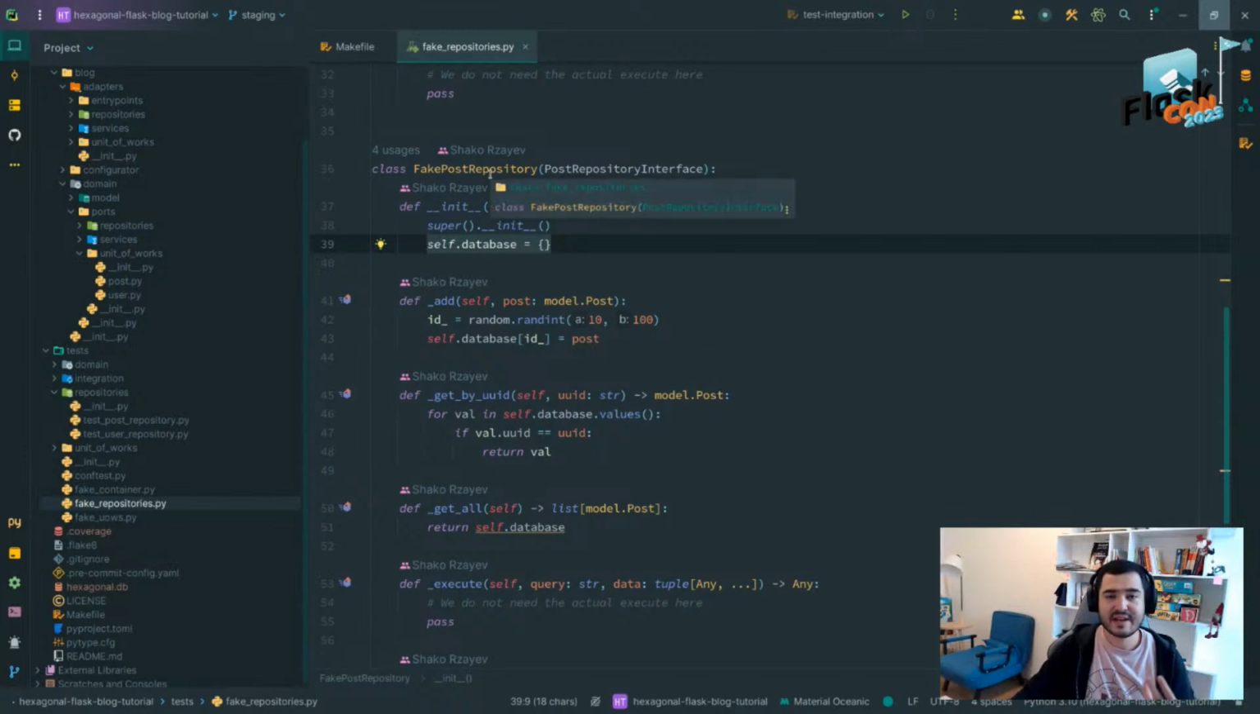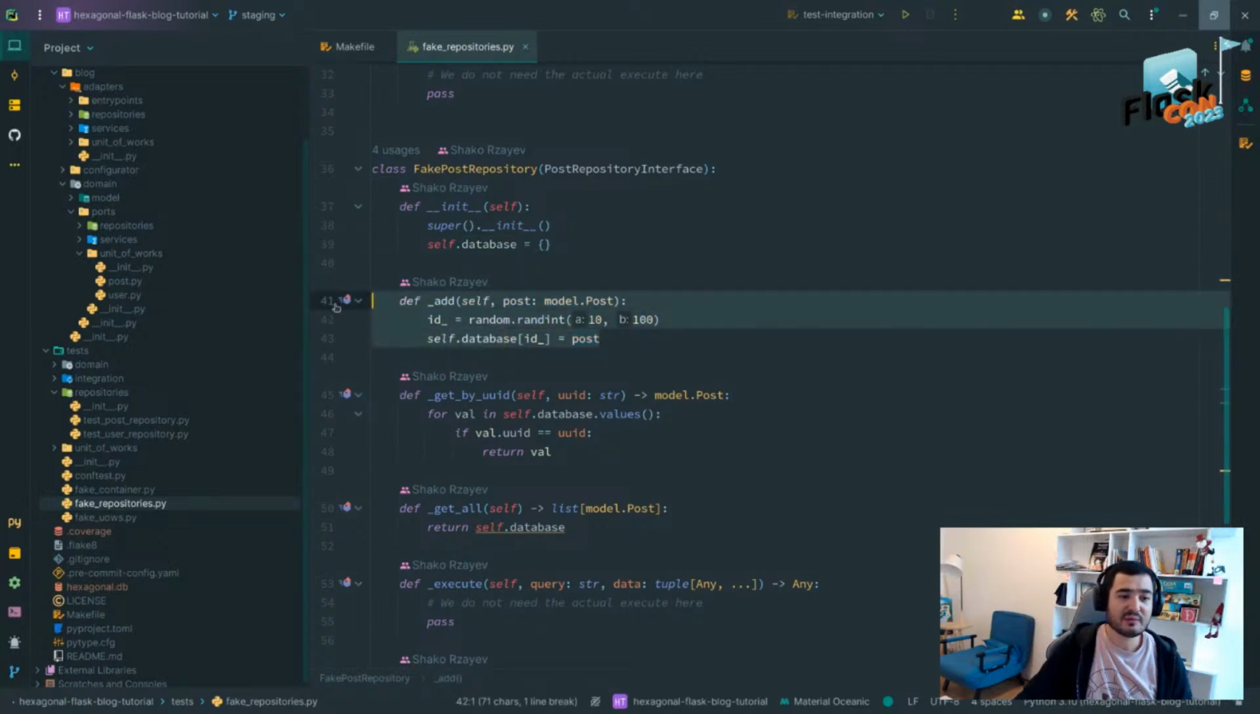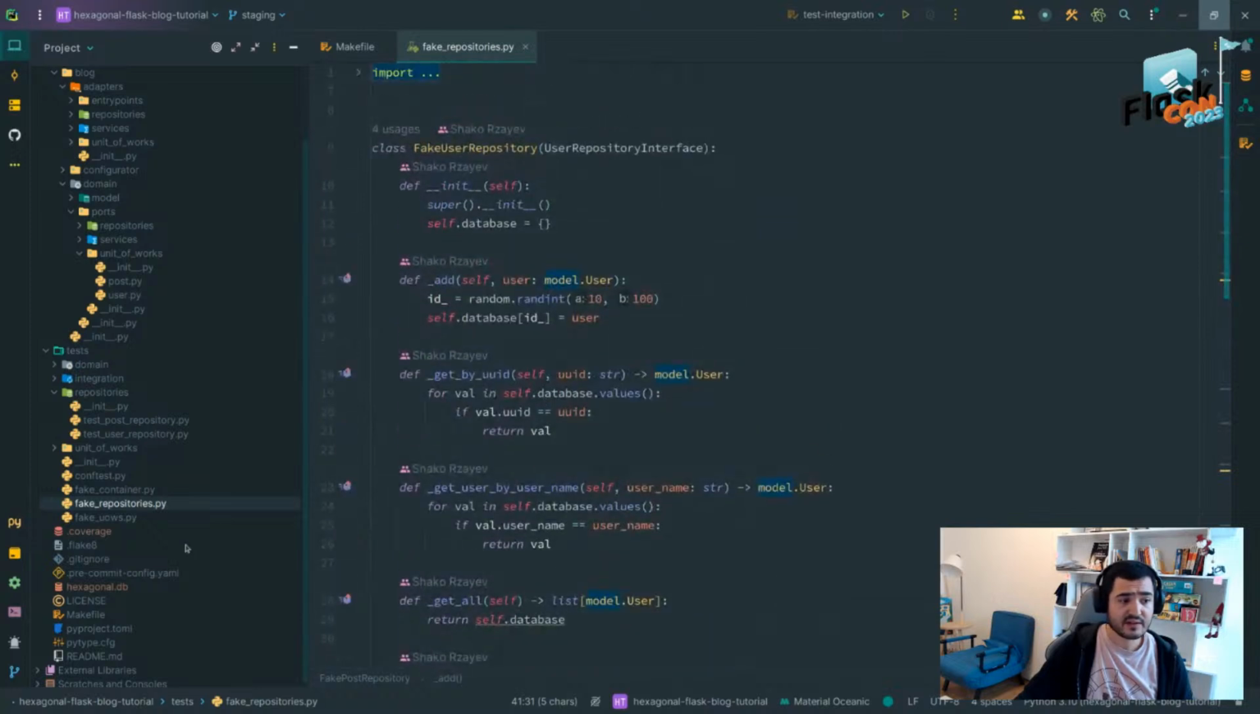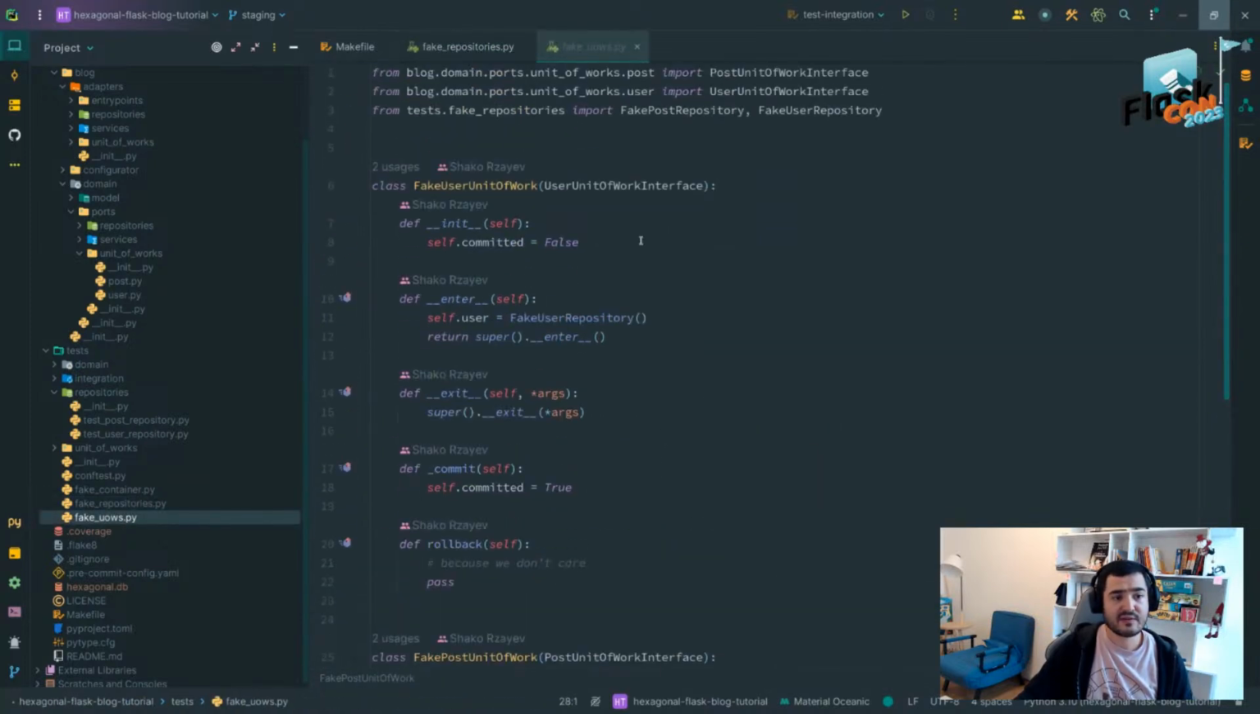When you have an interface, you can fake it and you can inject it to your application with the fake repositories, with the fake classes, and your application works as usual. And here we just operate. So what does it mean to create, for example, to add a post? It just randomly generates an ID, and we put the ID as a key to the database dictionary, and the post as a value. The model post as a value. Again, this is a domain model, not a database model. This is how we fake it, and then the same thing with the fake, how we can fake a unit of work,